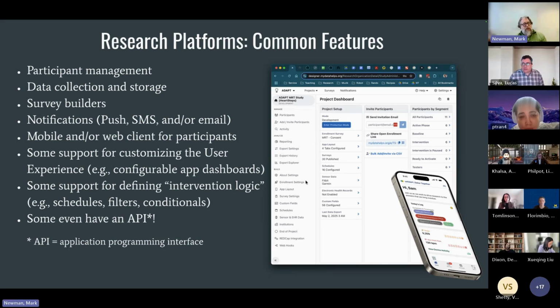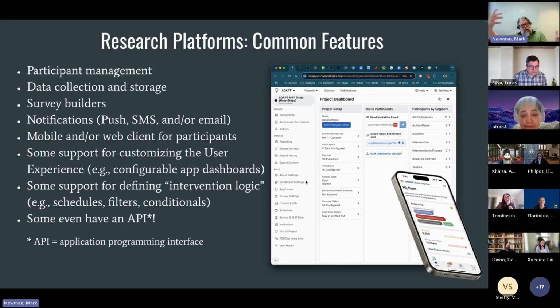We have been doing some of that with My Data Helps as well, where we use the platform to do everything that it can do, but when we run into a limitation, we have a server that's running alongside, that's running our code,